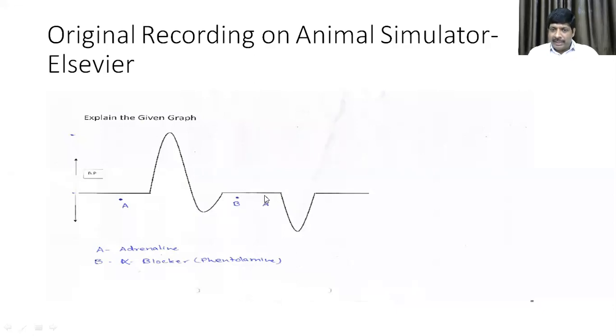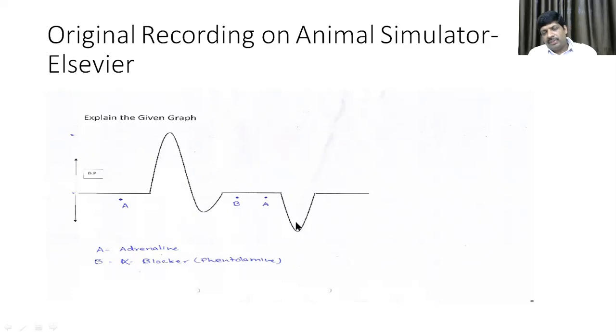So when you give adrenaline, the effect of B is still there. That means alpha is blocked. You get this graph because of the stimulation of alpha receptor, but now alpha is blocked because you are giving B, the alpha blocker, so this effect you will not get. You will not see any increase in blood pressure. You will see only beta mediated action because only alpha is blocked. We have not given any beta blocker here. So you see there is inversion of the graph.